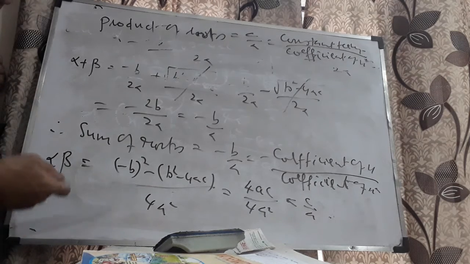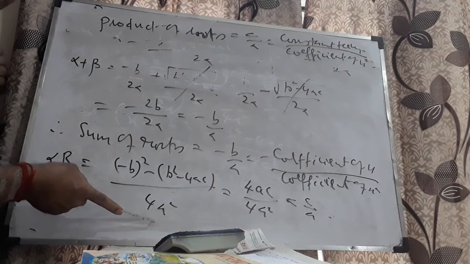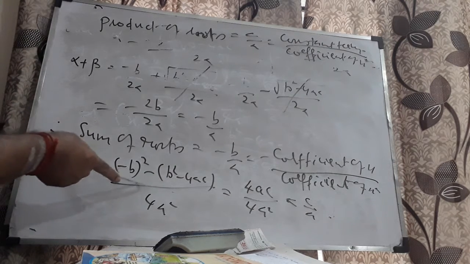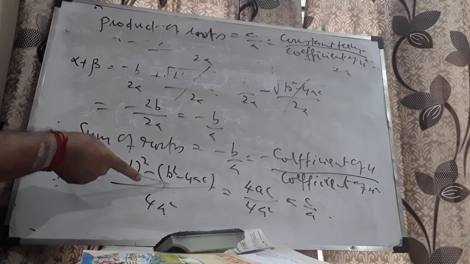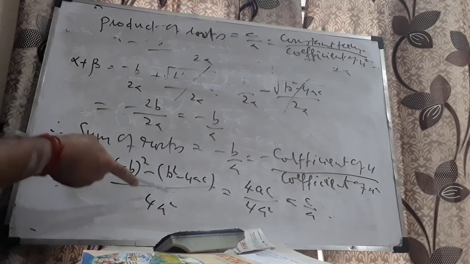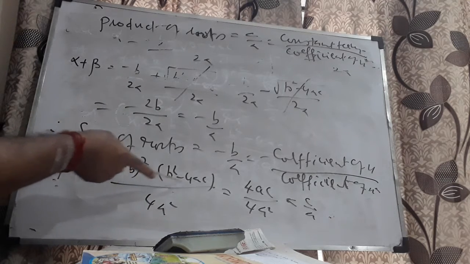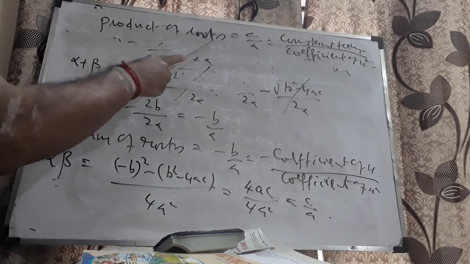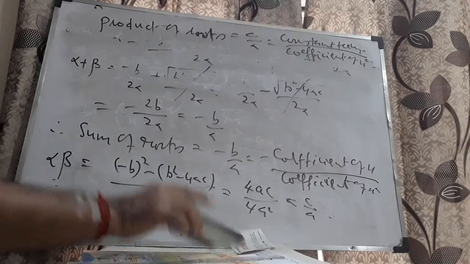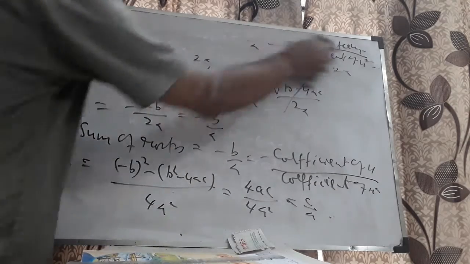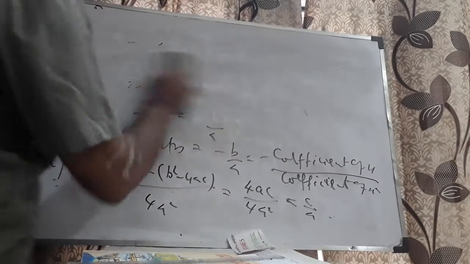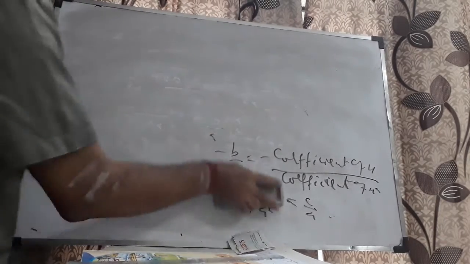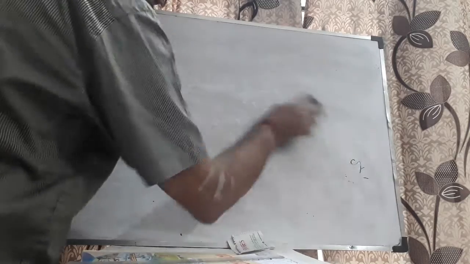Similarly, while you get the product, 2a into 2a, the denominator becomes 4a square. In the numerator, apply a plus b into a minus b. Minus b whole square minus root of b square whole square will take away the root by taking the square. b square minus b square gets cancelled. Minus into minus plus 4ac by 4a square, which is reduced to c by a. Product of the roots will be equal to c by a, which is the constant term divided by the coefficient of x square.